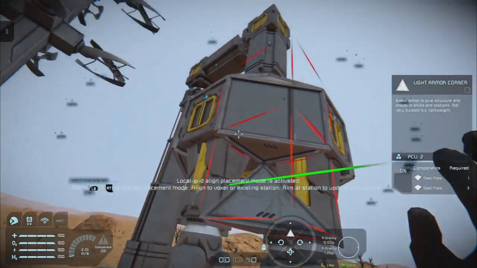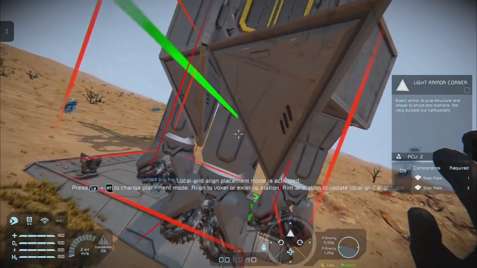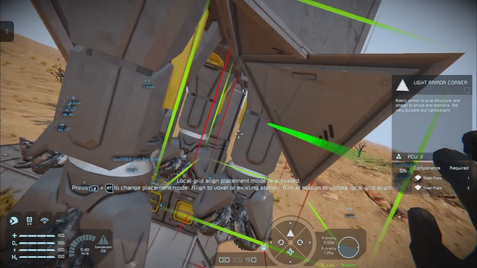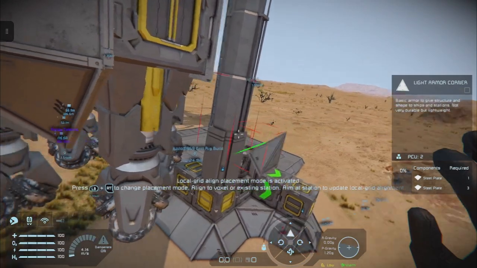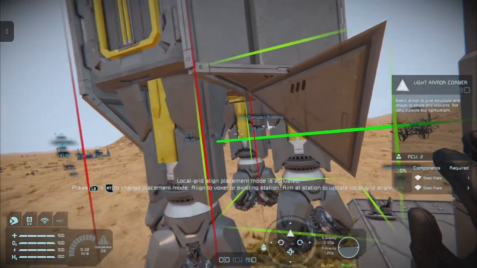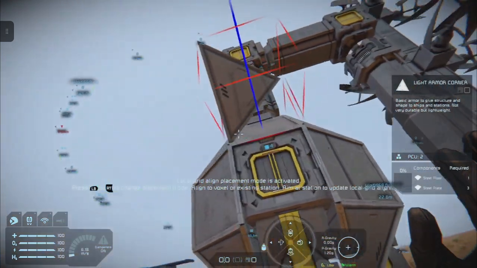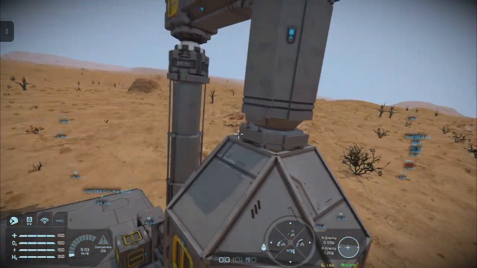And then, just for fun, you can pop the there, like so.